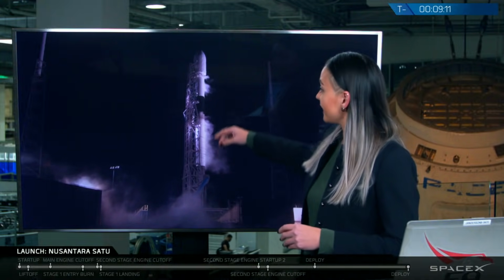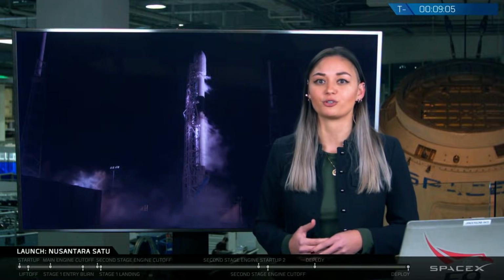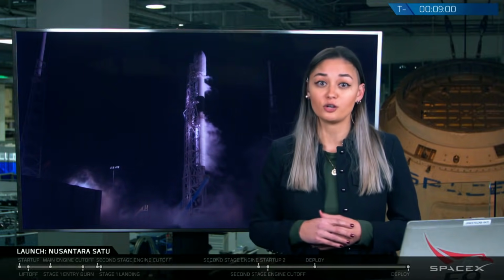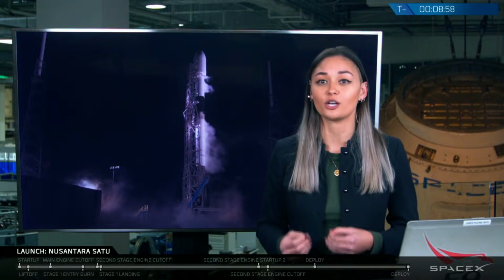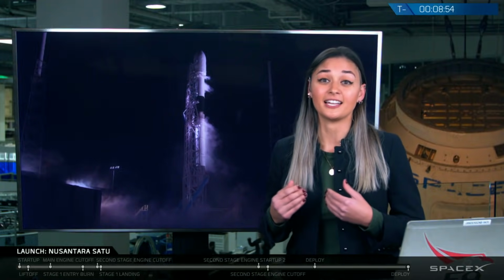Now, above the first stage is the second stage right here, which has a single Merlin vacuum or MVAC engine, which ignites after the first stage separates. The second stage is what will bring the Nusantara Satu satellite to geostationary transfer orbit, or what we like to call GTO. And speaking of the satellite, it is safely enclosed inside of the